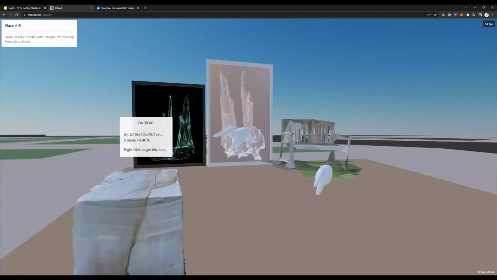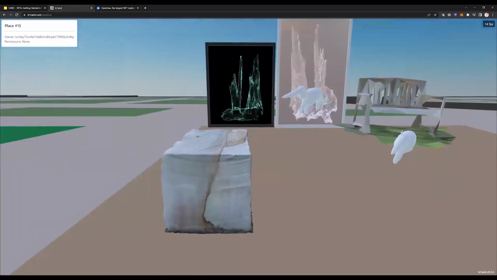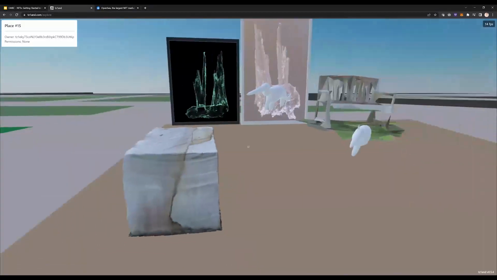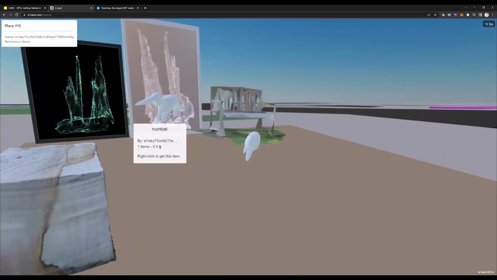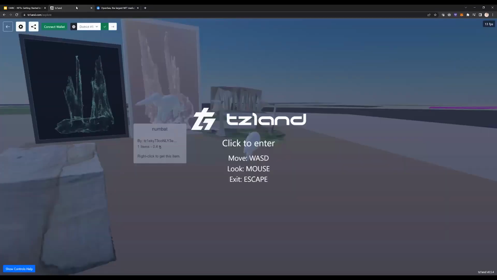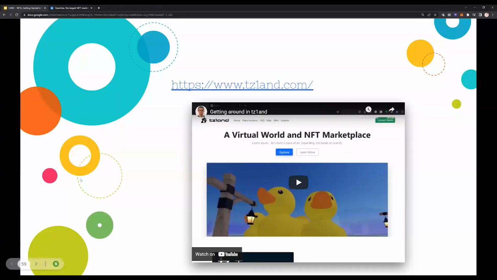So this one's 2 Tezos, 0.446 Tezos. So all these different objects are worth different things. That one's not collectible. So this is an alternative, right? You can actually see how 3D objects can be sold in a more immersive way. I'm going to go ahead and close down Tezland, but I recommend that you play around a little bit more with that platform. It's really quite cool.